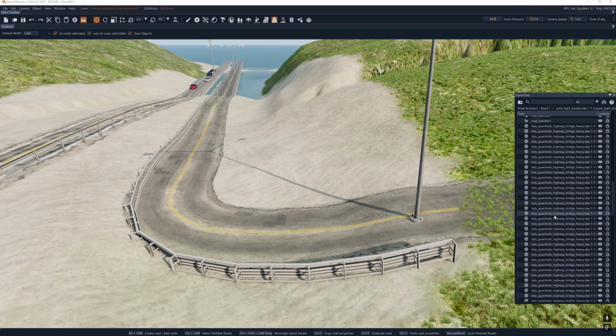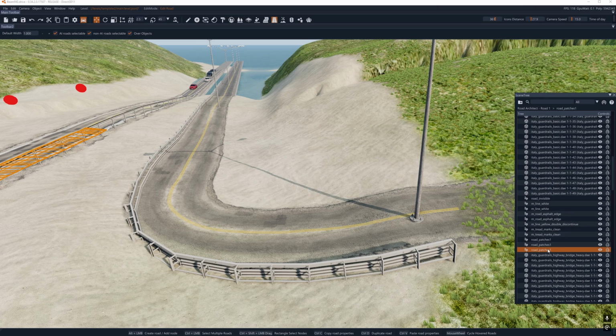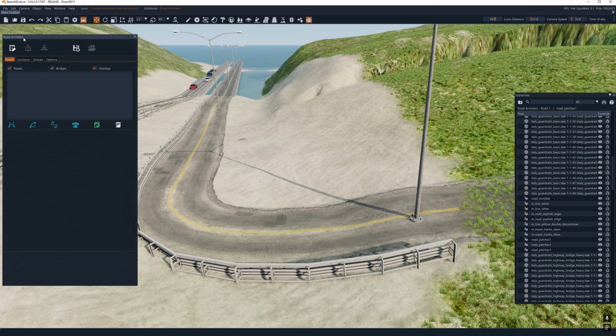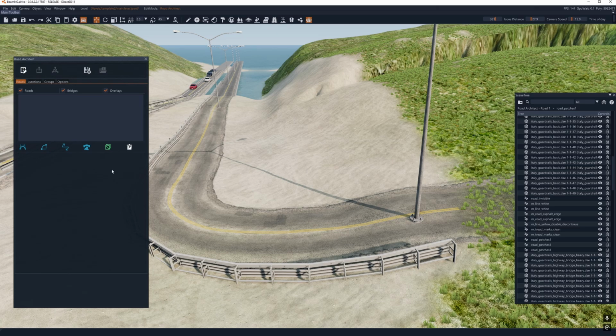I want to keep all the DAE files. Road patches, that's for my old road. I'm going to start deleting that too. Probably, well, no, let me wait just so we can compare. So, as another point, as you can tell, if you restart the game and you create a brand new road, you create a new spline road,